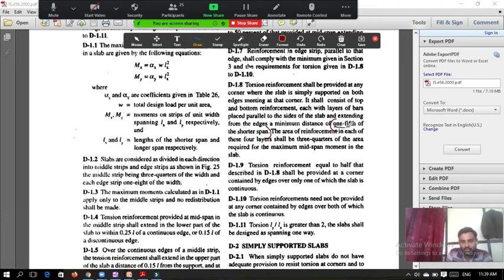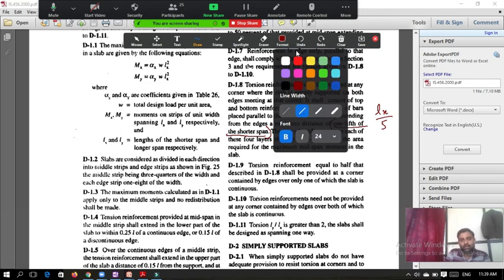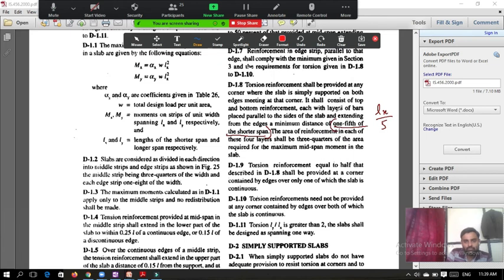Underline this. So what is the length of the shorter span? Always take the length of the shorter span as Lx, and they have told it is 1/5, so its length must be Lx by 5. Here it is. Now on the next line they have told about the area of the reinforcement. The area of the reinforcement in each of these four layers is